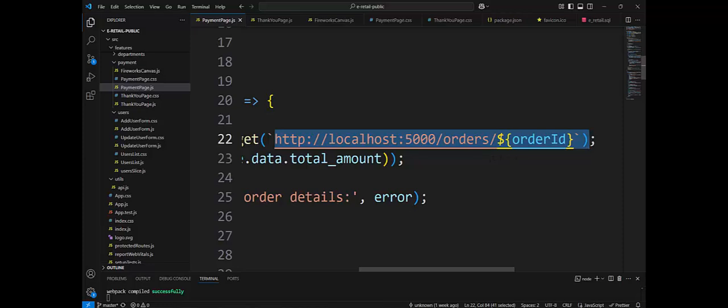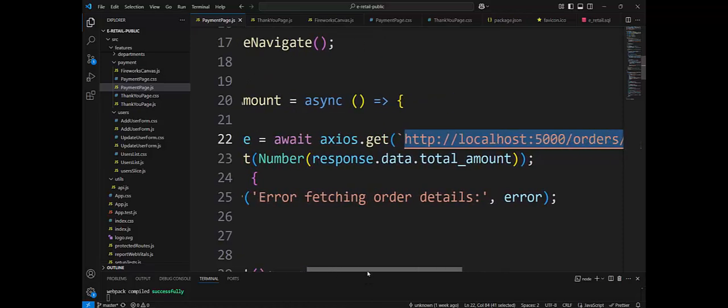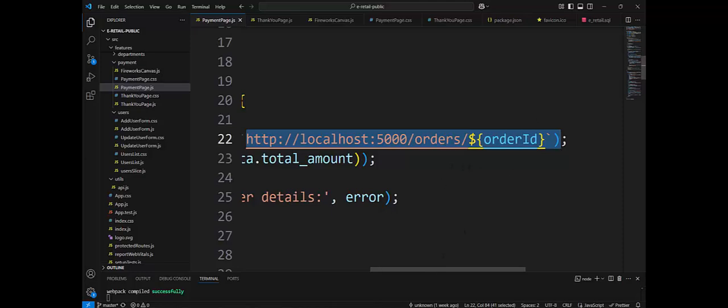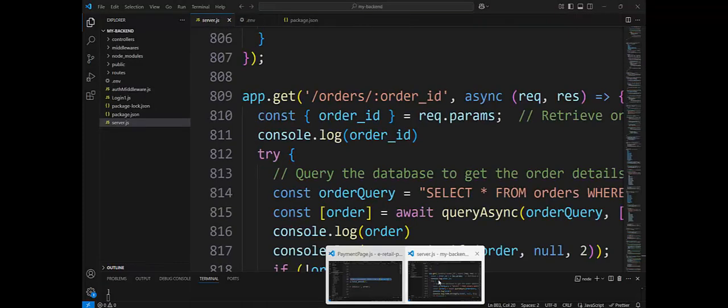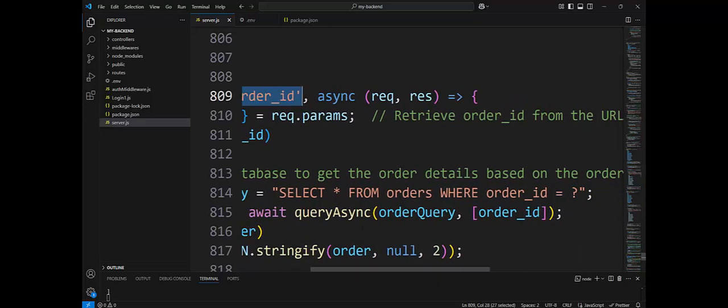We have an order. By this endpoint, we will find the order amount. This orders ID endpoint is here. It is the endpoint order ID, and here we have nothing to do with Stripe. It is communication between front end, back end, and the database. And from the database, you see, we know